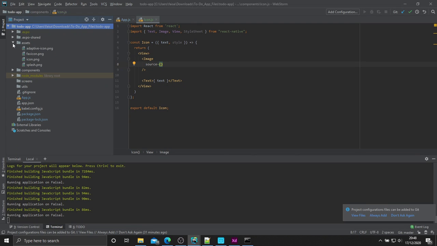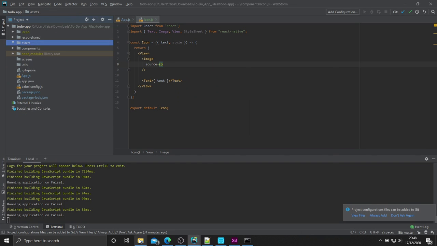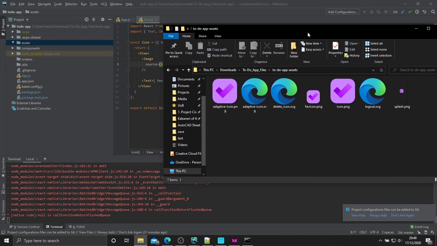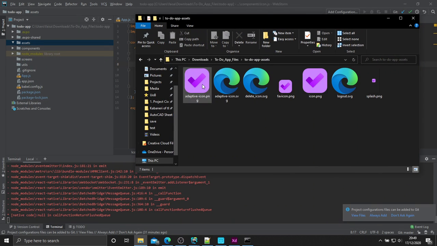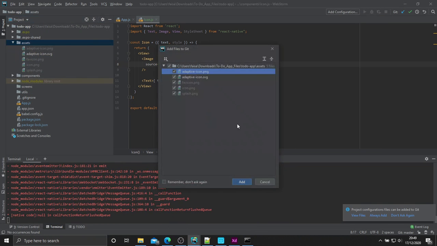Now at the moment in our assets, we've got an adaptive icon, fav icon, normal icon, and a splash. So what we should do is go ahead and delete those four. Okay, and open up our assets folder here, and inside of here, as you can see, we've got an error. That's fine. We want to get our adaptive icon, the PNG, go ahead and grab the SVG, grab our fav icon, and splash, and just drag it into the assets folder, just like that. Click add,